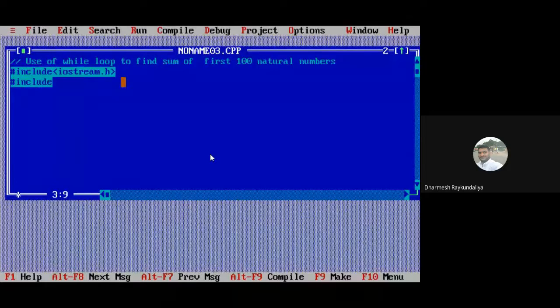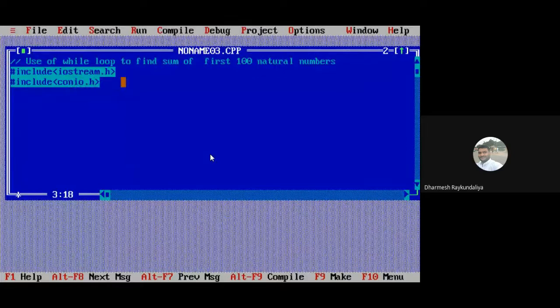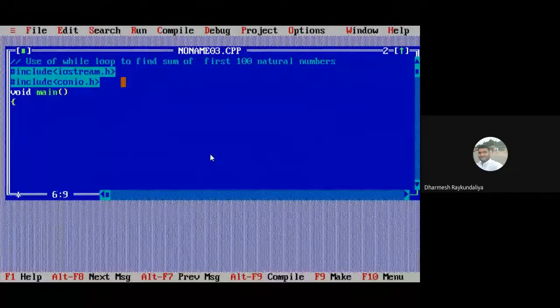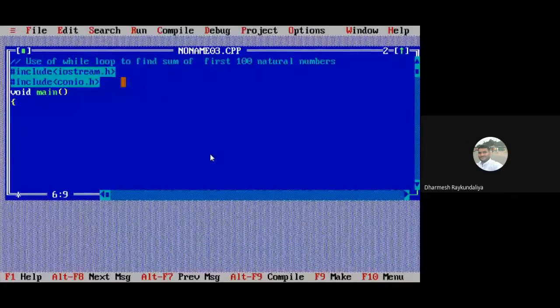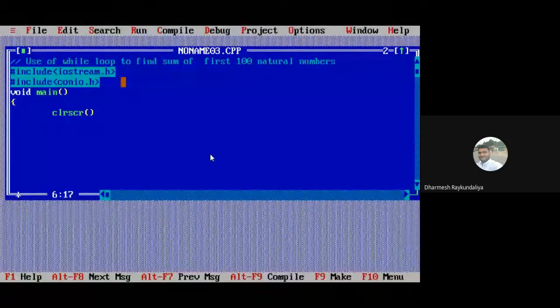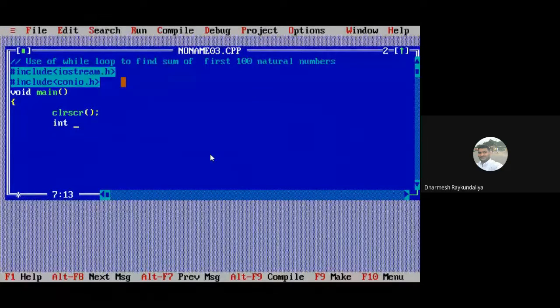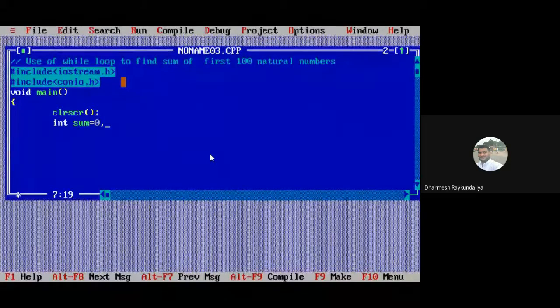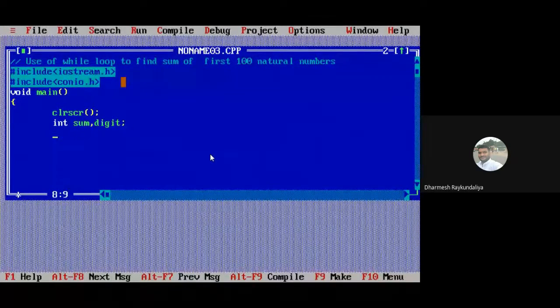You have to add the necessary header file. Here I wish to find the sum. Okay, and initially sum is 0, because if I will not give the sum 0, what happened? Let us see. And then digit is another integer number.